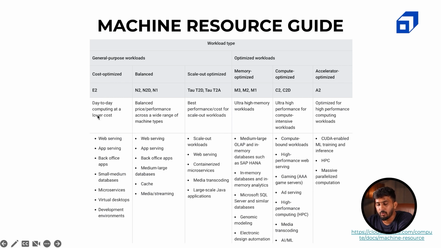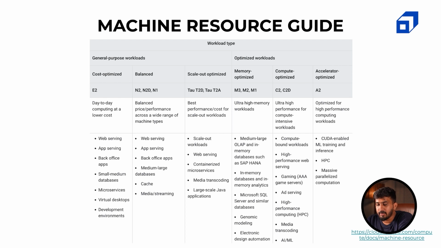So day-to-day computing at a lower cost. For example, if you want a server or something on demand, then E2 is the right machine type to go ahead with, because it's basically general purpose workload. You can run any kind of an operation on top of it. You can run a web serving application, an app serving application, back office applications, basically private applications within your organization, small medium databases, microservices, virtual desktops, development environments. So E2 is used for that, and E2 micro is basically the free tier eligible instance type or machine,